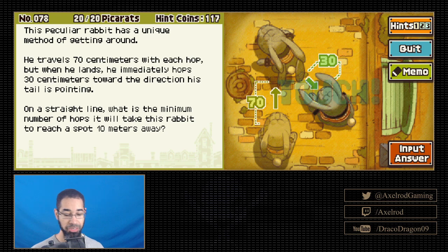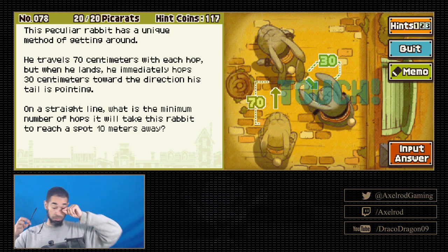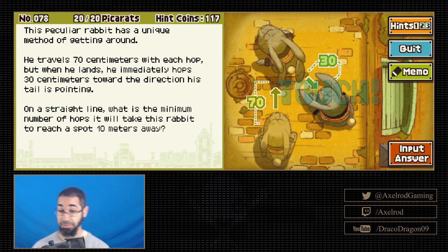Okay, so in a straight line, after 10 hops, we'll just say 700 to be safe here, or 7 meters. Okay, and he gets knocked back, I guess that's after he's been knocked back 3. So...